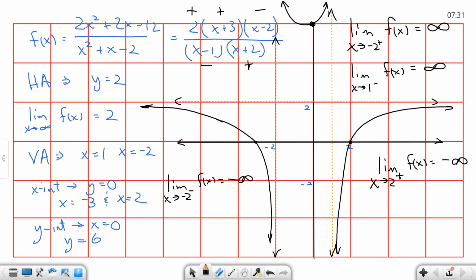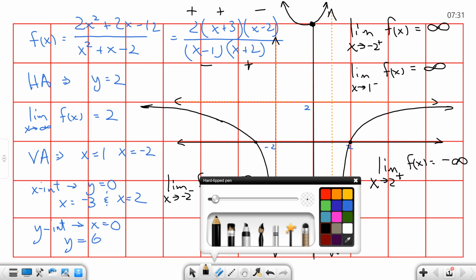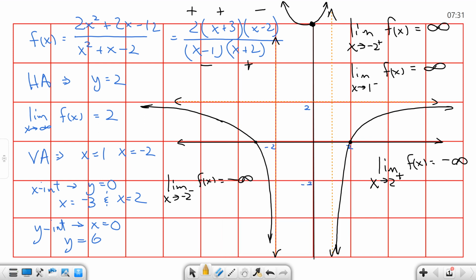Okay. Now, let's talk a little bit about this point here. We don't necessarily know that that's the bottom of that parabola looking thing. It's just some point we use as reference. Right now, we don't have enough information to get an extremely accurate vision of what that little parabola-looking thing in the center does. But over time, when we do some more work with derivatives and things like that, we'll be able to make a very accurate graph,